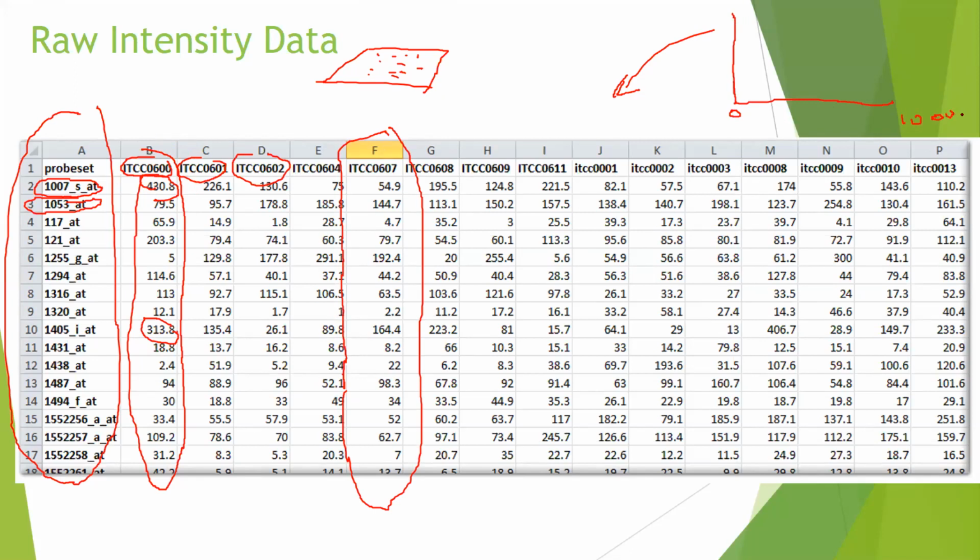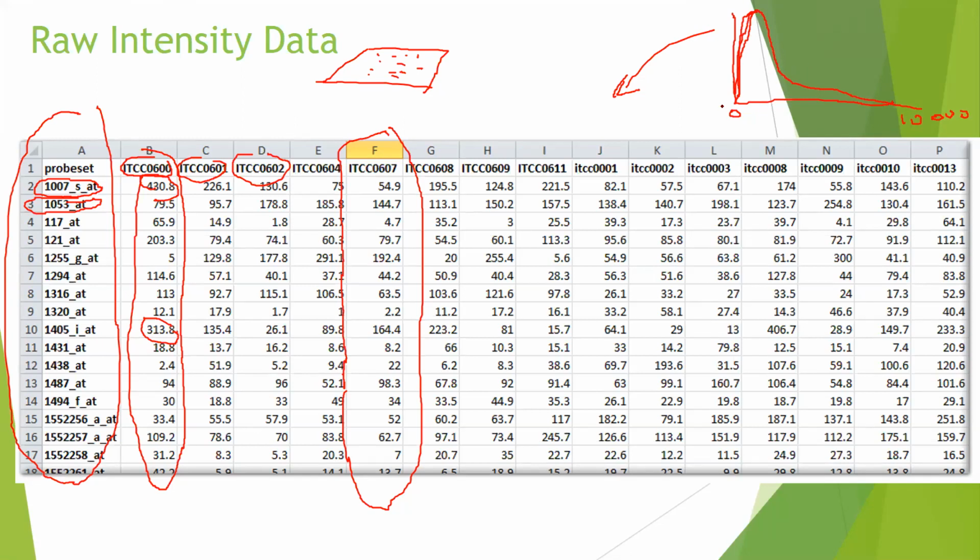If you just plot the raw data for any sample, most of the genes are very lowly expressed, and only a few are high. So it is highly skewed data like this. If you do not do any data processing or normalization, and just use the raw intensity data for the analysis, this highly skewed data will give you a very biased conclusion.